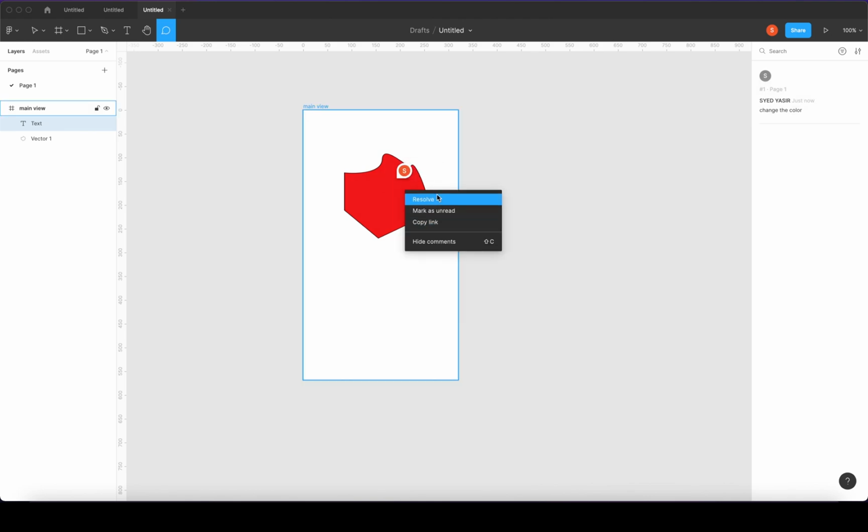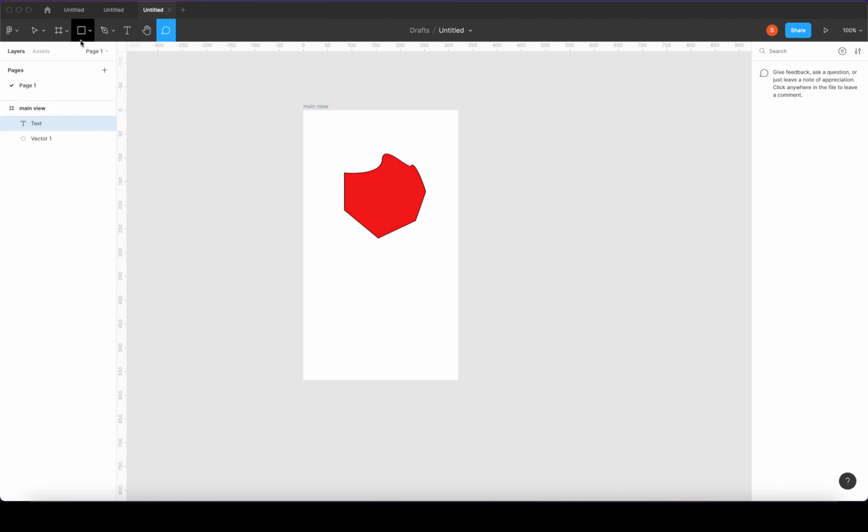You can also resolve this. It's gone now. The color is already changed. So it works like this. That's the reason I explained in the beginning that it's a collaboration app where you work along with your team. You create a team and you can call them upon and you can work on a single project. Right? So moving along to